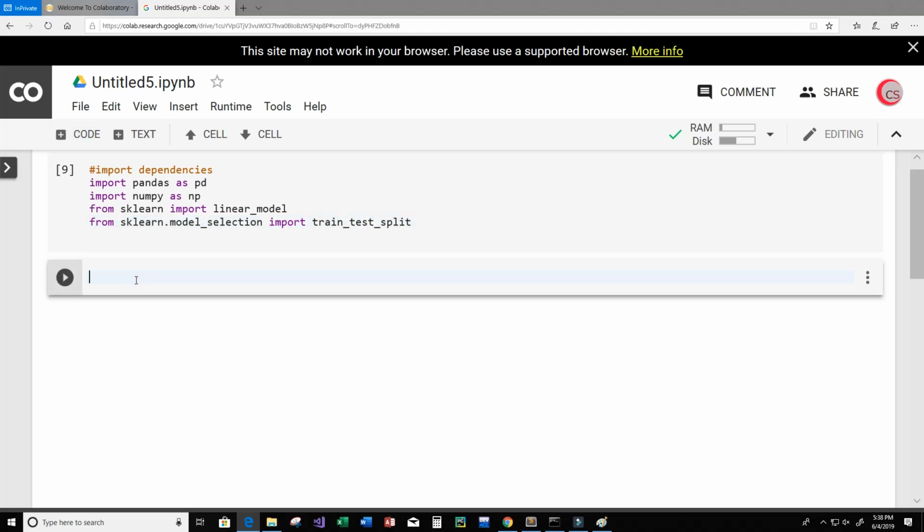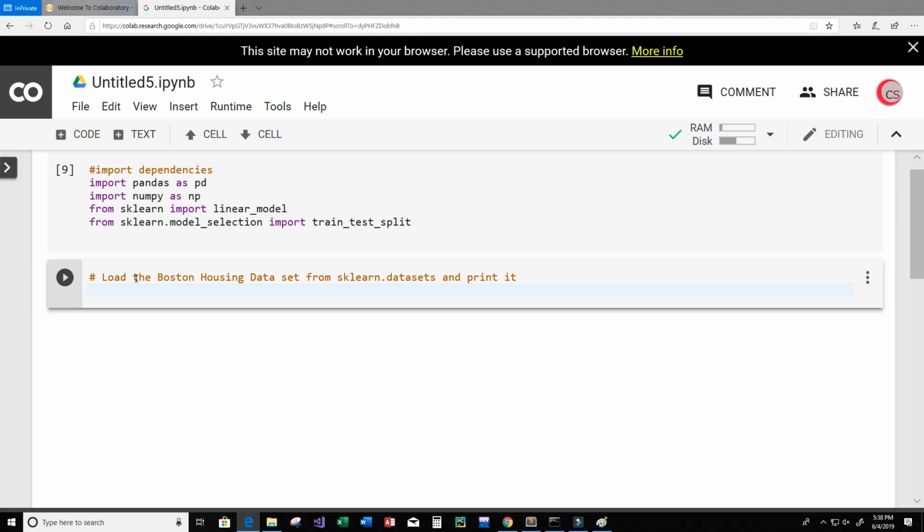Let's add a new cell. All right, so in this cell we were going to load the Boston housing data set. And we can do that from sklearn.datasets. And let's print it as well. All right, so we're going to use another library. Actually, it's going to be sklearn's datasets library. So from sklearn.datasets,